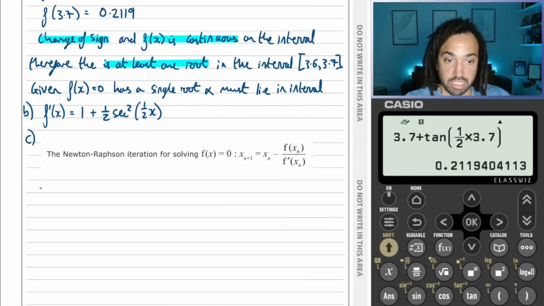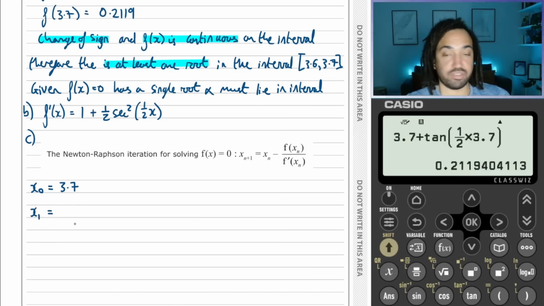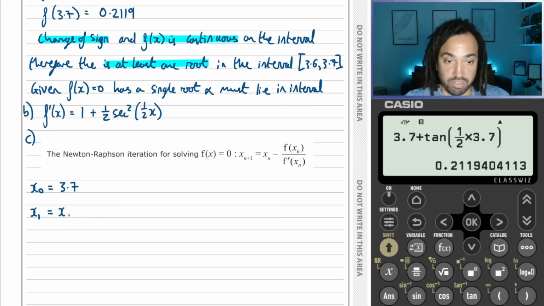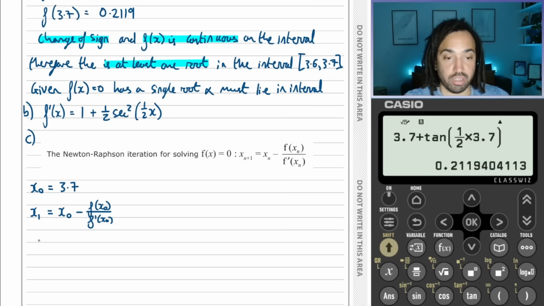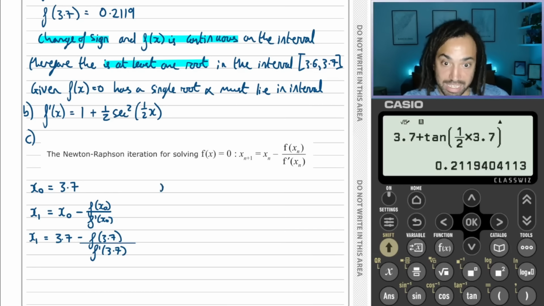So what this tells us is, if we are starting with 3.7 as we were told, then the next x value will be the previous x value minus f of that x value over the derivative at that x value. So what we're looking for is 3.7 minus the original function sub in 3.7 over the derivative function sub in 3.7, which will be